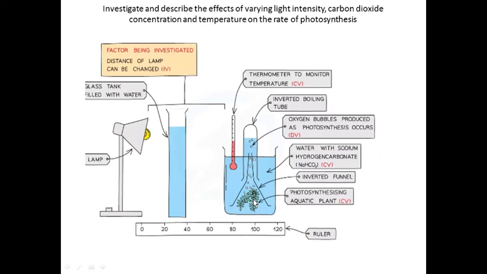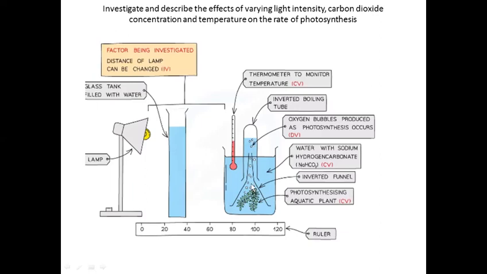For example, in 1 minute, if you just count 5 bubbles of oxygen, and then you add sodium carbonate in more quantity, the bubbles are going to be more, which means that the rate of photosynthesis is increasing. In the same way, if you keep the lamp near to the plant, you will see the number of bubbles will increase, which means that